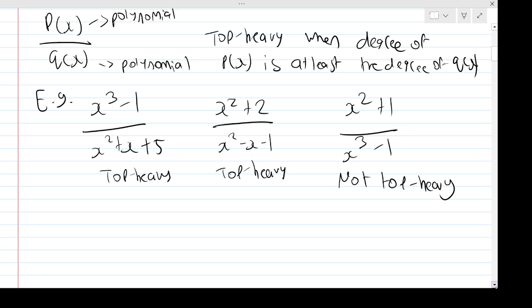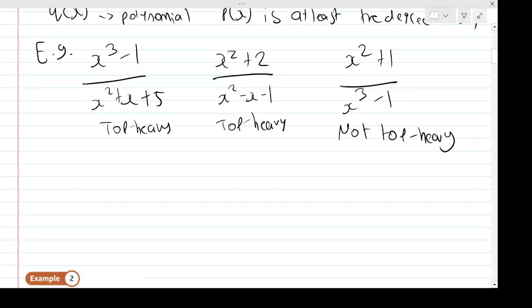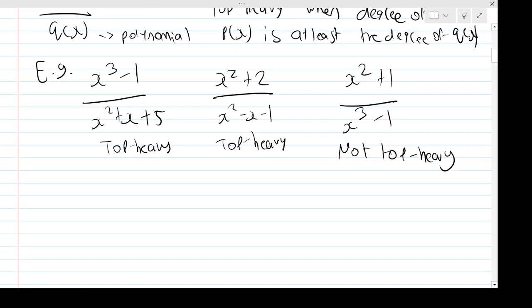Okay, so final thing before we look into an example, it might seem a bit wordy at the moment, but when we go through examples, it will start to make sense. I'm going to talk about something called the division theorem, which isn't explicitly mentioned in the spec of the textbook, but they do reference it at certain points, and it's really helpful to know anyway, in my opinion. But the division theorem says that,